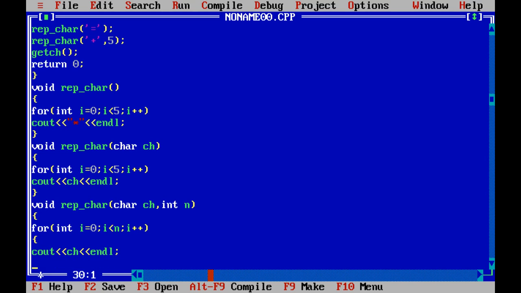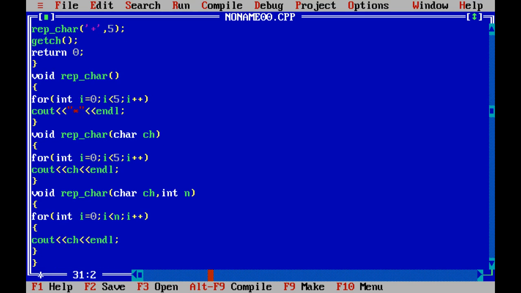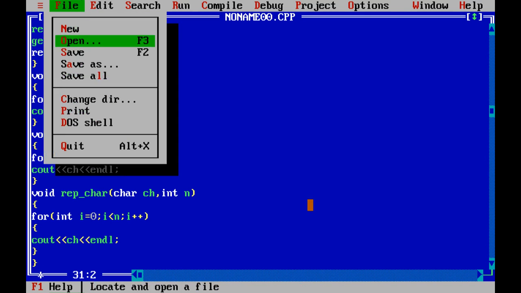Okay, this is your wish. As this for loop consists of only a single statement, we need not use the open and close braces after this particular for. If you want you can, otherwise you can omit, because the for loop body consists of only a single statement. Okay, now save the file